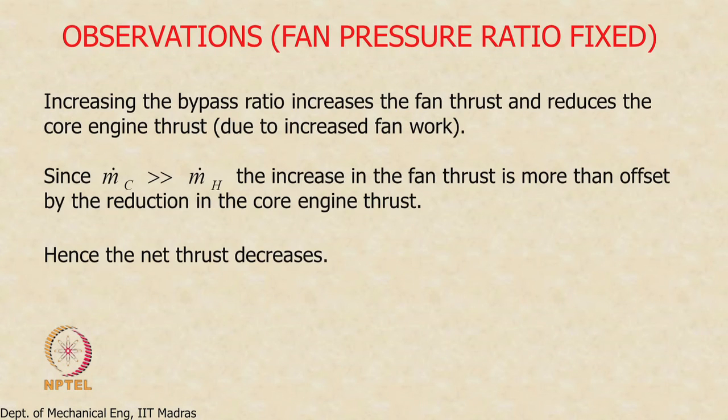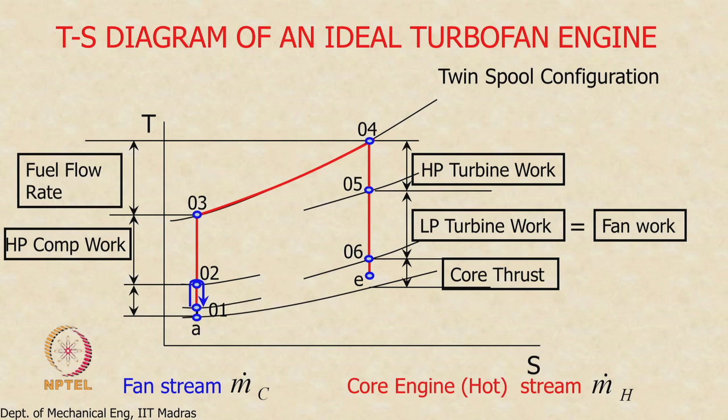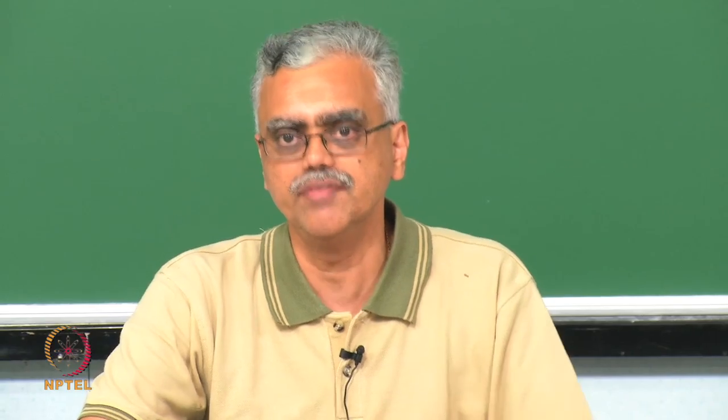So, what we are going to do next in the next class is look at these individual processes and account for realistic effects. So, we have assumed these processes to be isentropic. What we will do is assume that there are irreversibilities in the process: in the compression process, in the expansion process in the turbine, in the expansion process in the nozzle, core engine nozzle, fan nozzle, and also pressure losses in the combustor. These are all realistic. You know that when we add heat to a flow, there is going to be loss of stagnation pressure. So there will be a loss of stagnation pressure in the combustor also, probably 10 to 15%.